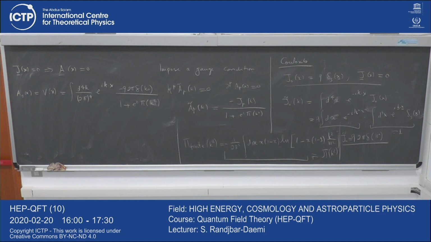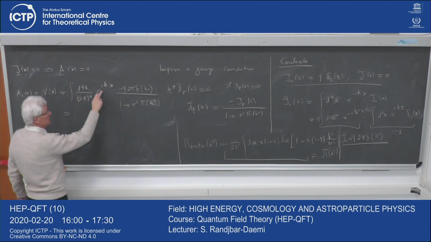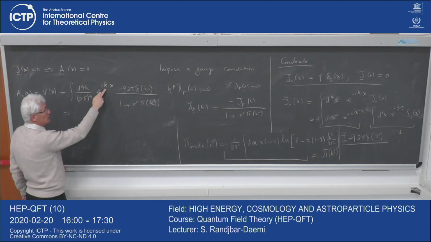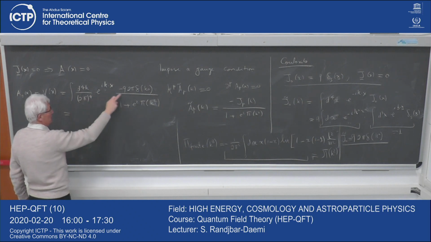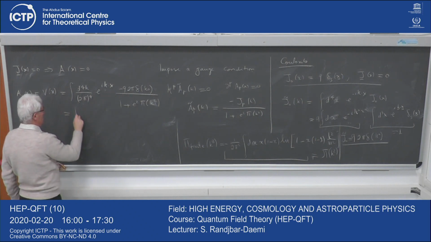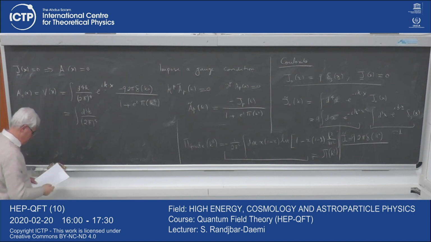You can immediately integrate over k0 because there is a delta function. So k0 will be set equal to 0 in this exponent, and 2 pi will cancel 2 pi. What will be left will be d3k over 2 pi cubed